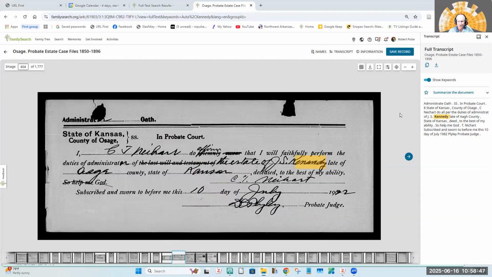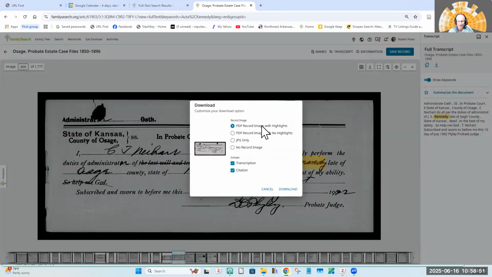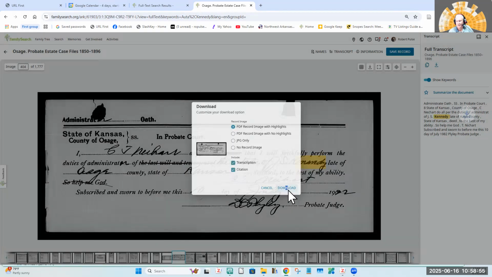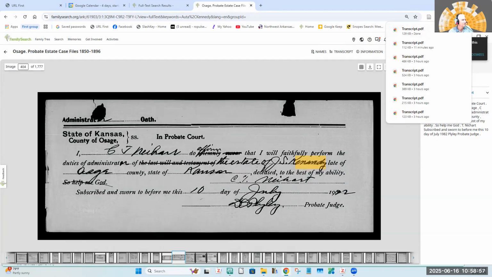Okay, now I want to save this. So I put it here and I say download that. Okay, that comes in as transcript and that comes into,